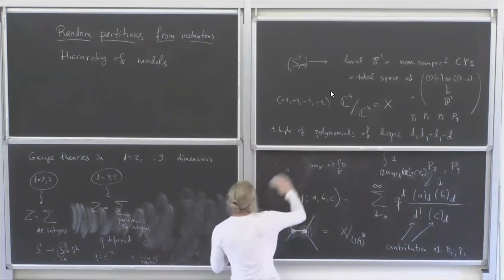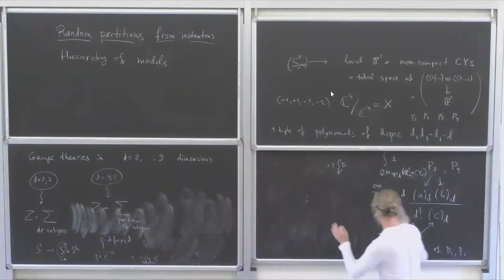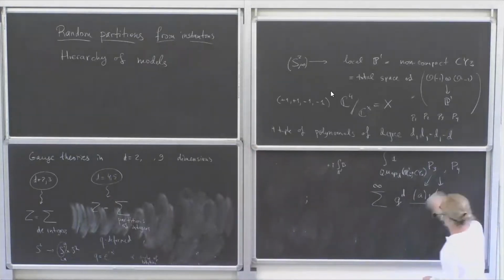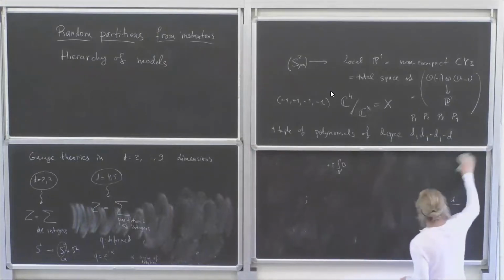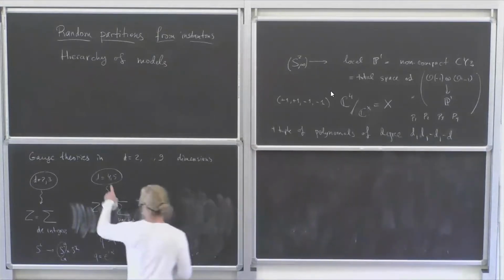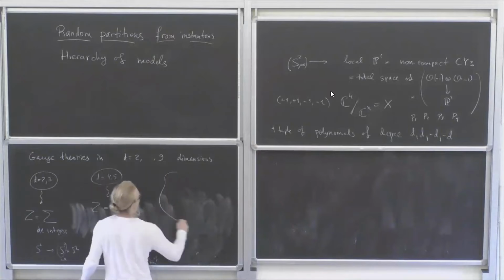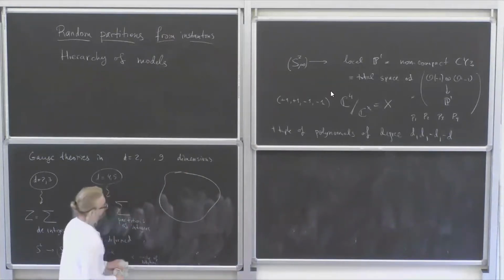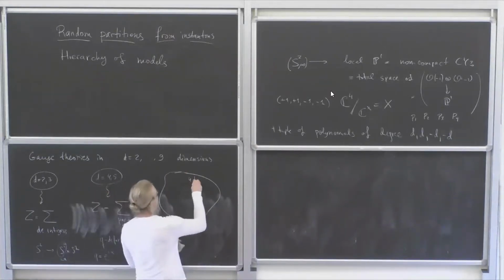Of course, the lattices could be more complicated, but in the first approximation, these are just collections of integers. But now, if my space-time is four-dimensional,